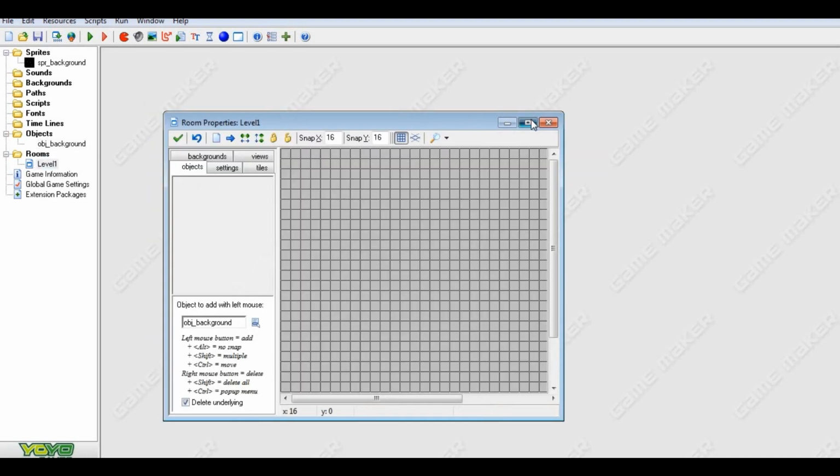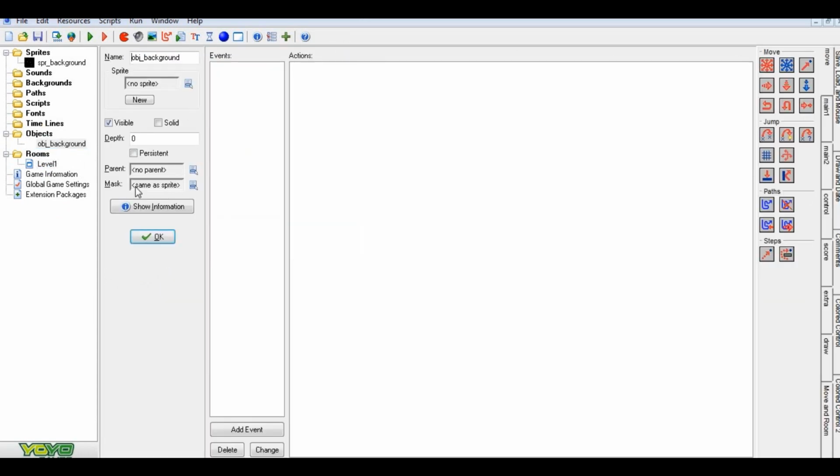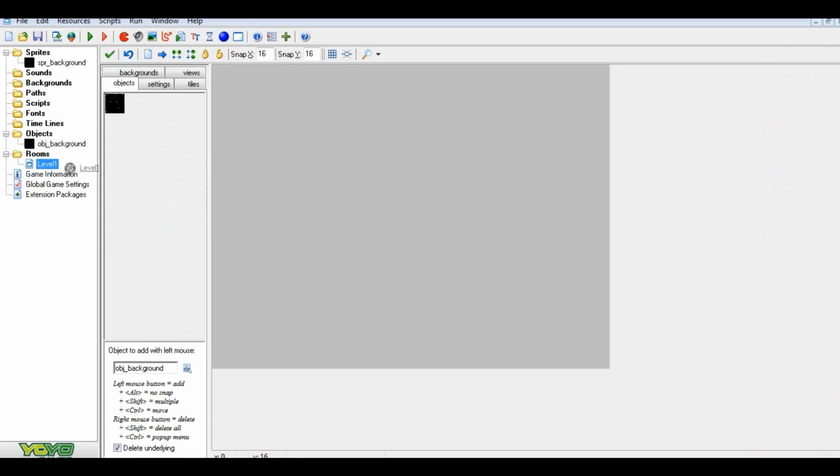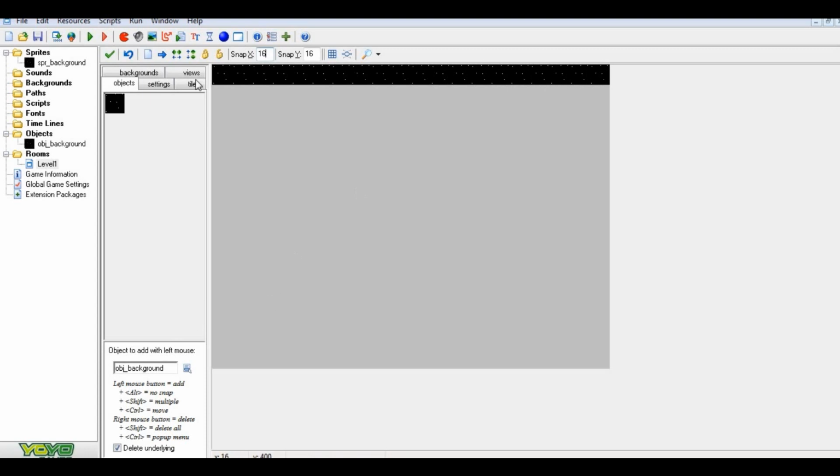Now, when we put this in, we're going to obviously put the sprite of the background in. And unless you're doing one of those games where things come out of the background, which there actually are quite a few of them, you can literally just do this. Here's actually what I'm going to do. You can literally do this. Like, say, what I would recommend when doing this would be to